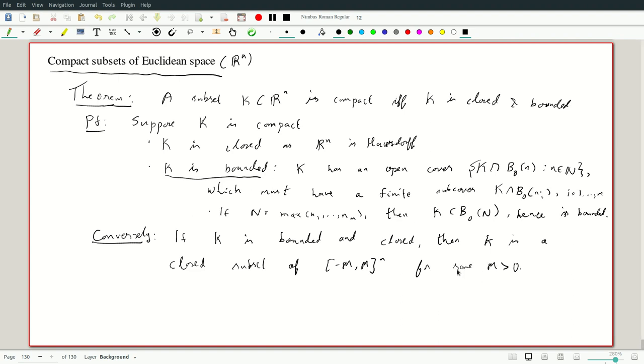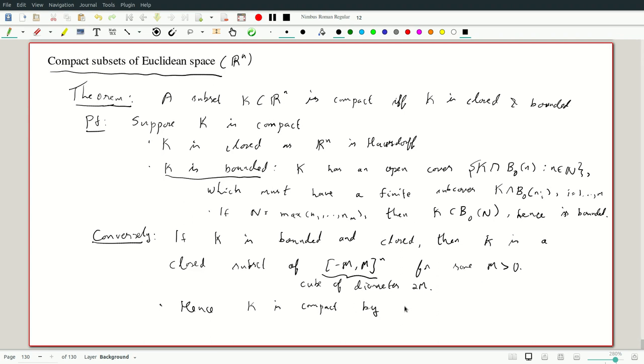So we have some cube, so this is a cube of diameter 2m. Hence K is compact